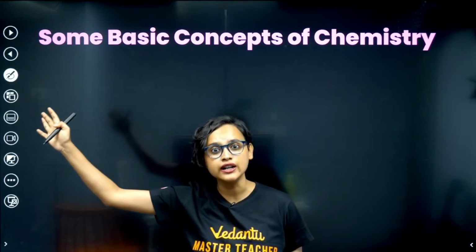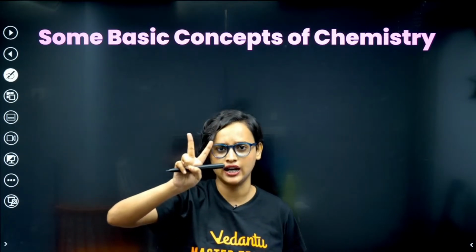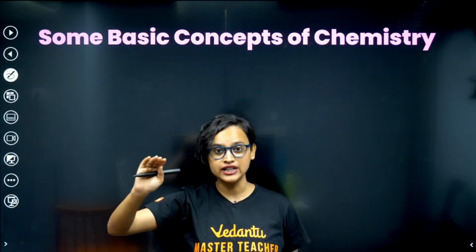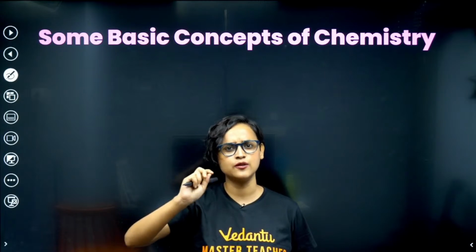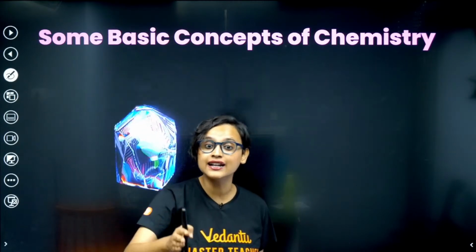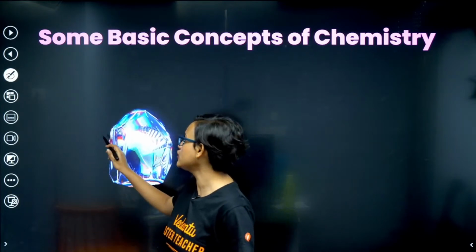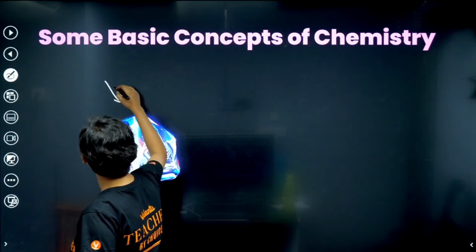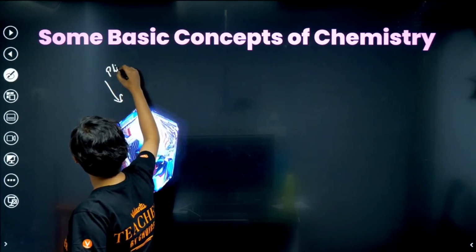Even from the olden days, there were only 2 ambitions that we had. One was to be immortal, not to ever die. And the second one was that we wanted to be rich. And that's exactly what we wanted to find out. We wanted to find a philosopher's stone.